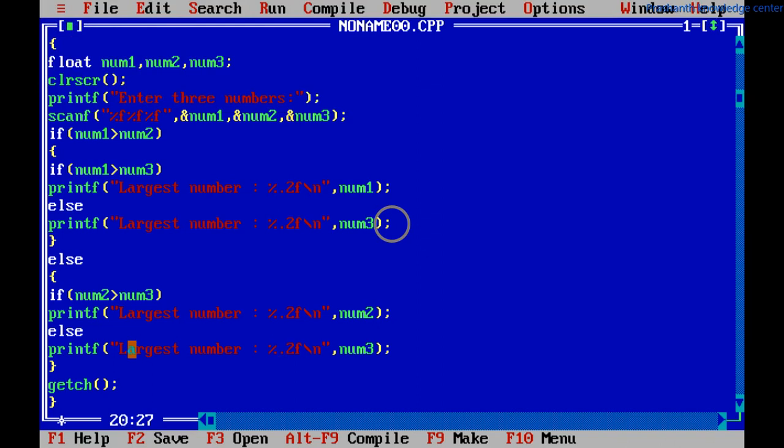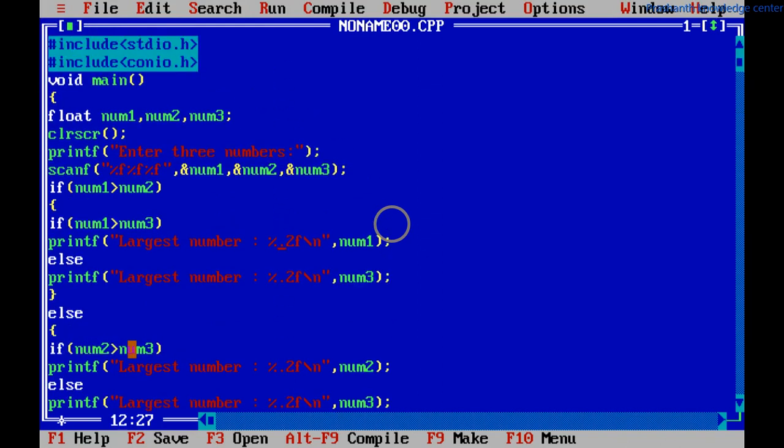This program, we can also shorten this program by using AND statement. If we use AND condition, this nested if else is not required and program can be shortened and written easily. That I'll show you how. Here we can initialize the variables and we can take the variables, and here I will write if number 1 greater than number 2, and here only I will write and